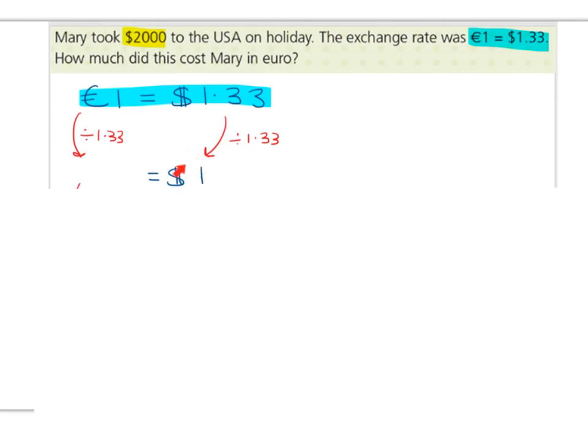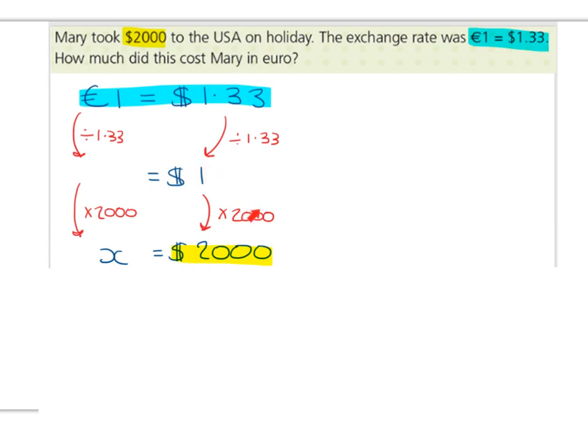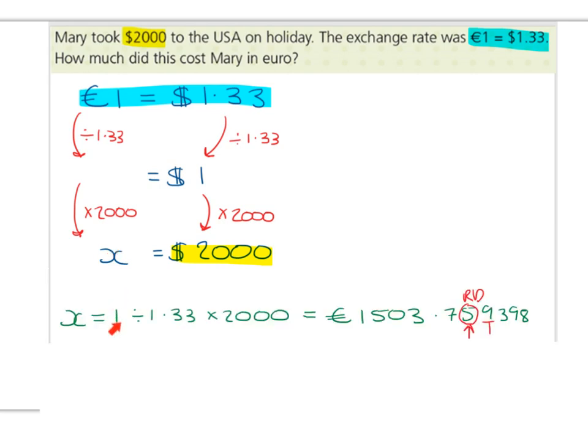So now that we have $1, we now want to get to $2,000. So we're going to multiply 1 by 2,000. And $1 multiplied by 2,000 gives us $2,000. And that's going to be equal to X. That's going to be equal to what we're looking for, which is the money in euro. So the steps we applied to the right hand side, divide by 1.33, multiplied by 2,000, we must also apply to the left hand side. So we'll have 1 divided by 1.33 multiplied by 2,000 will give us X, will give us the amount in euro. So 1 divided by 1.33 multiplied by 2,000 gives us 1,503.75